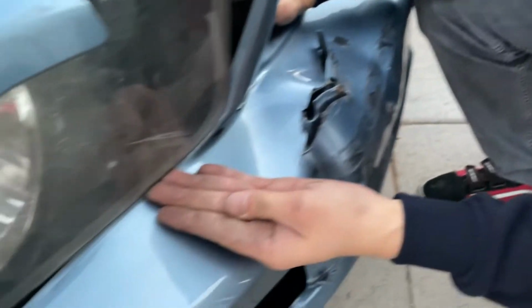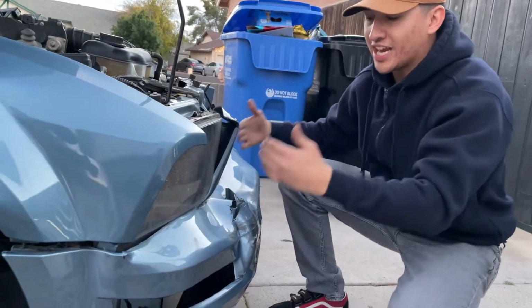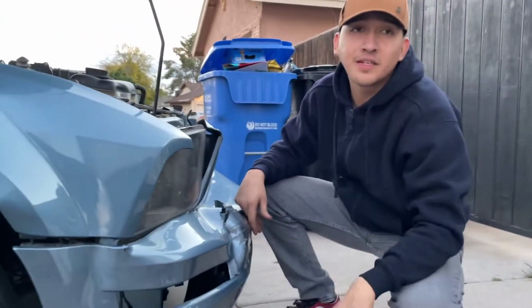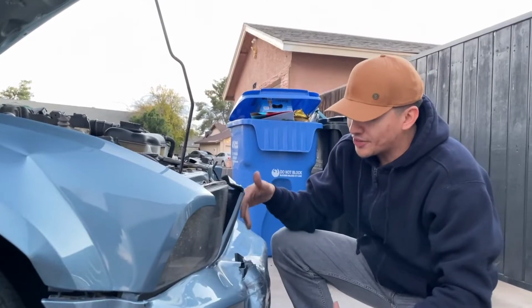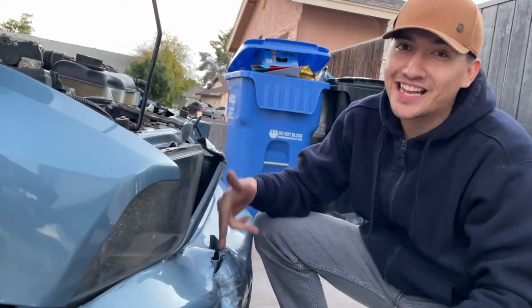And then the way that it is under the light, guys, right here. So all of this needs to come out, and you just have to yank it out. We already took off all the bolts. All you need to do is yank it out a little bit so we can disconnect the lights from the bumper. But good thing these ones don't even have them anymore. They fell off. So we just need to pull it out, guys. The thing is that how this is stuck, it's really hard to pull out, and I do not want to get my fingers caught in between this plastic and the frame because...